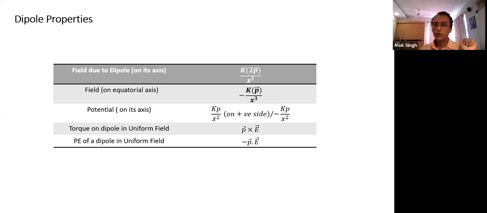To find a dipole, to apply this formula, what do I need to know? Suppose I want to calculate torque. If I have to calculate the magnitude of torque, what do I need to know? I need to know the magnitude of the dipole, the magnitude of the electric field, and the angle between them. In all cases you notice, the only thing you need to understand is the orientation of the dipole vector with respect to the electric field vector. If you find the angle theta, we can find out all the terms, right?